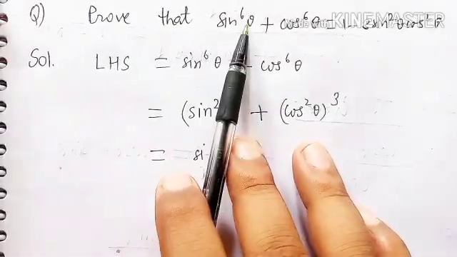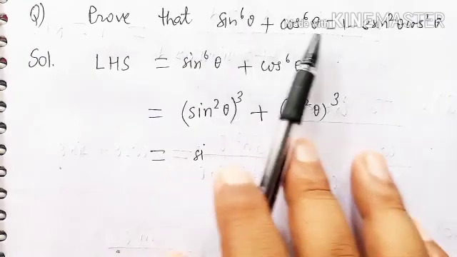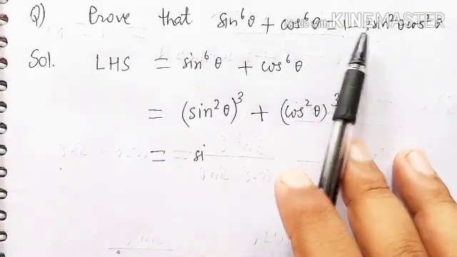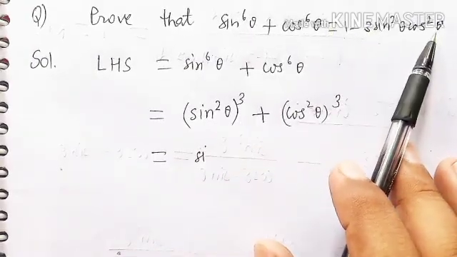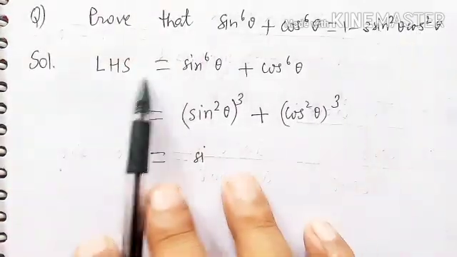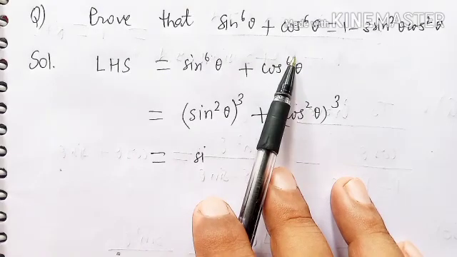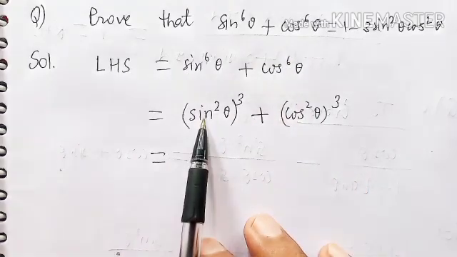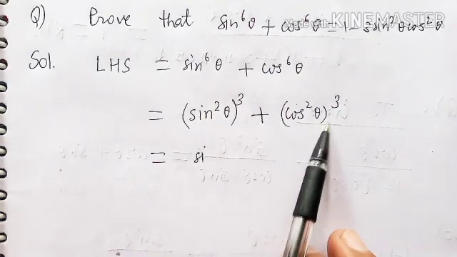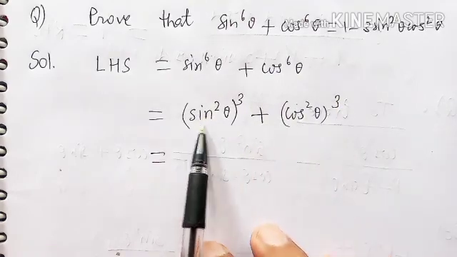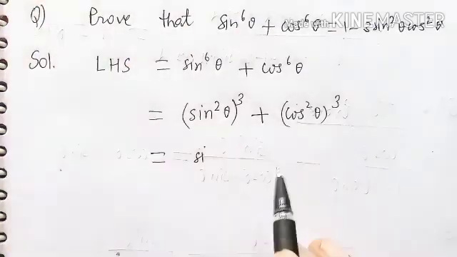Prove that sin theta to the power 6 plus cos theta to the power 6 is equal to 1 minus 3 sin square theta cos square theta. So here LHS is sin theta to the power 6 plus cos theta to the power 6. This can be written as sin theta square whole cube plus cos theta square whole cube, and a cube plus b cube can be written as